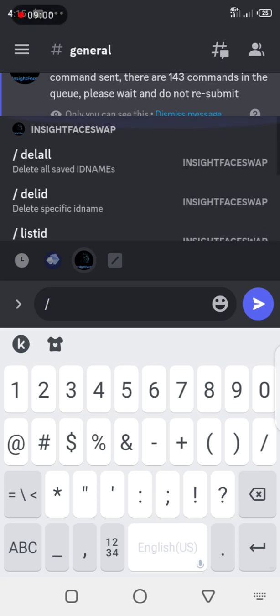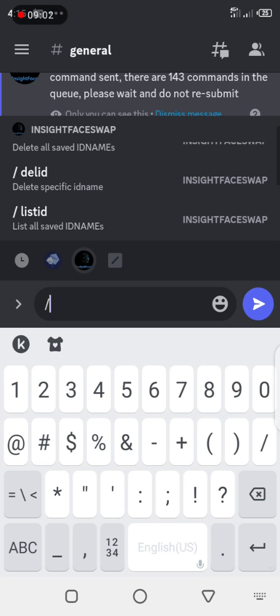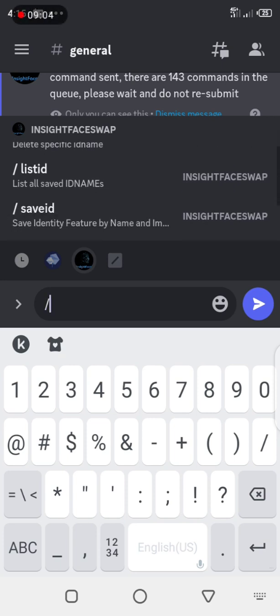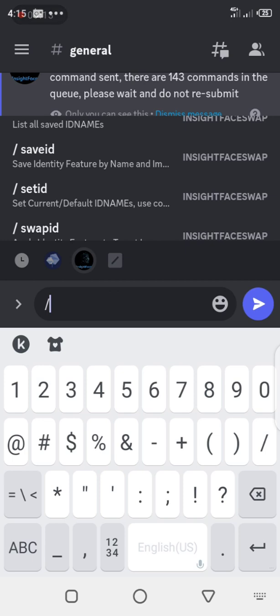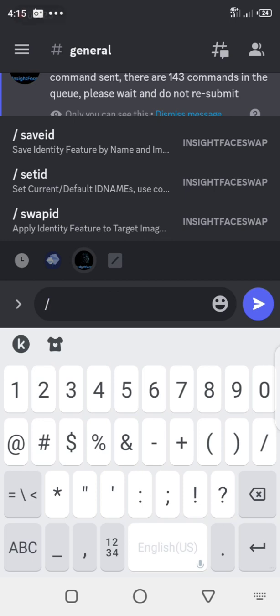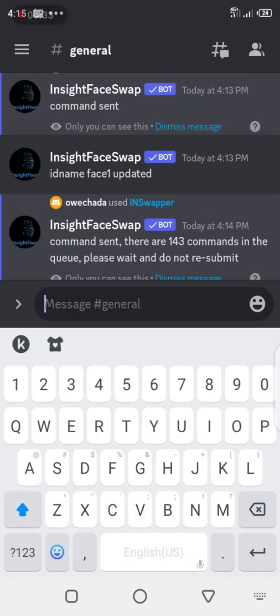You can save more than one ID, right? You can save up to 10 different IDs, and if you want to see all the IDs, you click on /list ID. If you want to save a new ID, you click on save ID. If you want to set a specific ID as the default, you type /set ID, and then swipe ID to identify features to target image, right? So while we're waiting for our image to be processed,